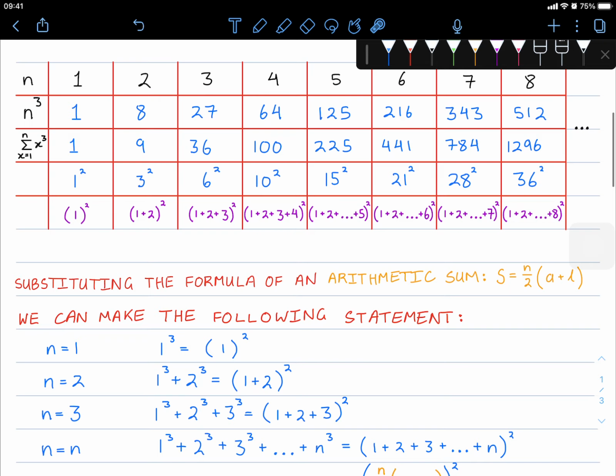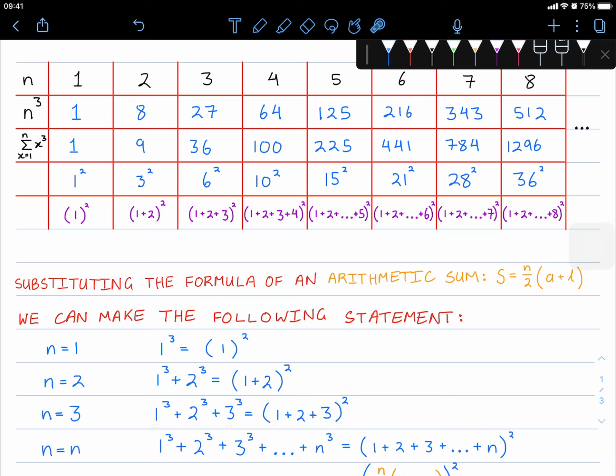In the first row, we have 1 cubed is equal to 1 squared. 2 cubed, well, the sum of 1 cubed plus 2 cubed is the same as 1 plus 2 all squared. Just like that. And so on. 1 cubed plus 2 cubed plus 3 cubed is the same as 1 plus 2 plus 3